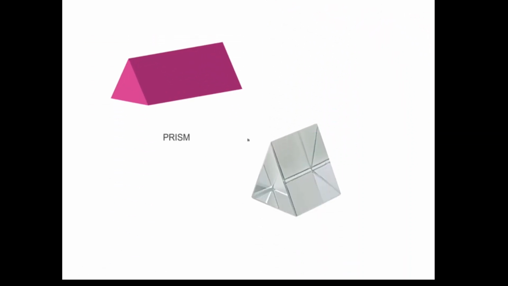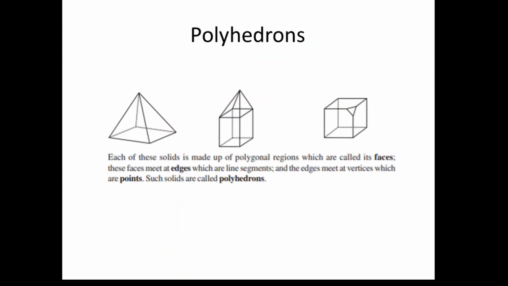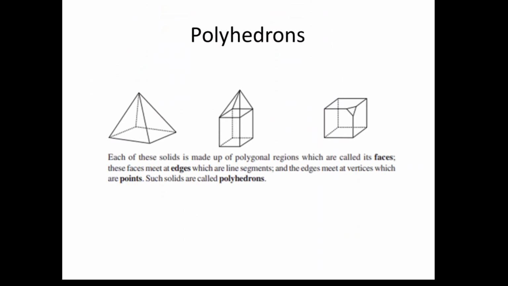Next one is the prism, right? You can see a glass prism is given here, and find how many faces, edges and corners it has. These are the important solids we have discussed. Now we take all these solids